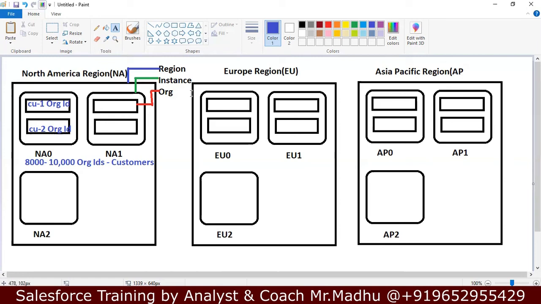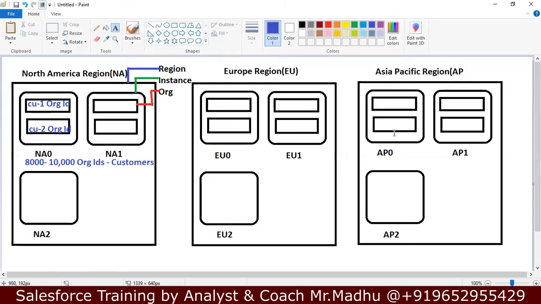In the same way, they started a data center in the Europe region. They followed the same process. They set up the first instance, named EU0. Then it was full with 10,000 customers, so they set up one more instance, EU1. Like this, they keep on increasing.